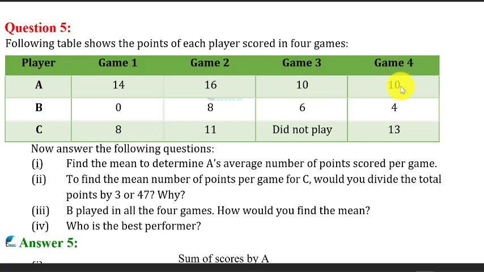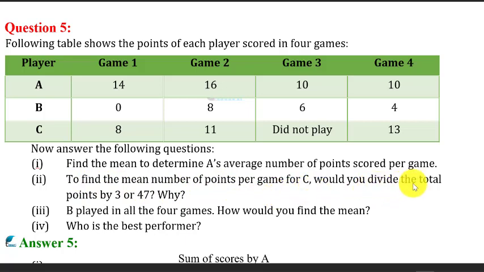And player B scored 0 in the first game, 8 in the second, 6 in the third and 4 in the fourth, and player C scored 8 in the first game, 11 in the second, did not play the third, and scored 13 in the fourth. So with the help of this given data we have to find the mean to determine A's average number of points scored per game,